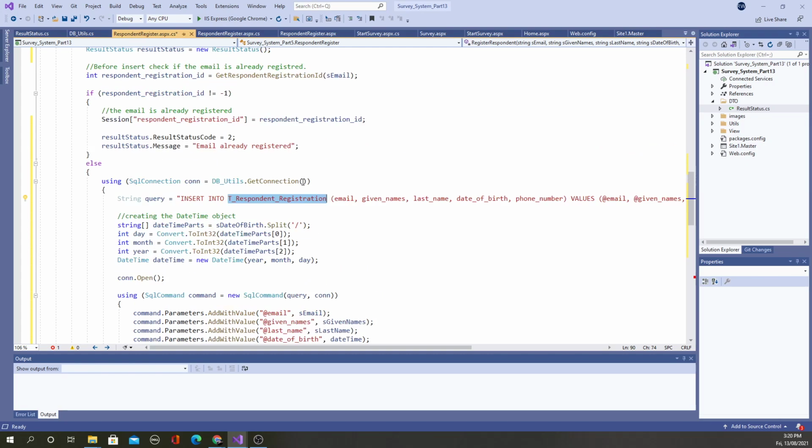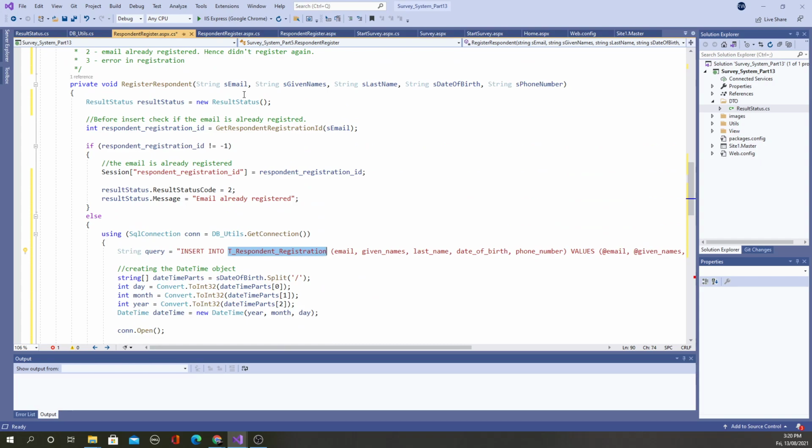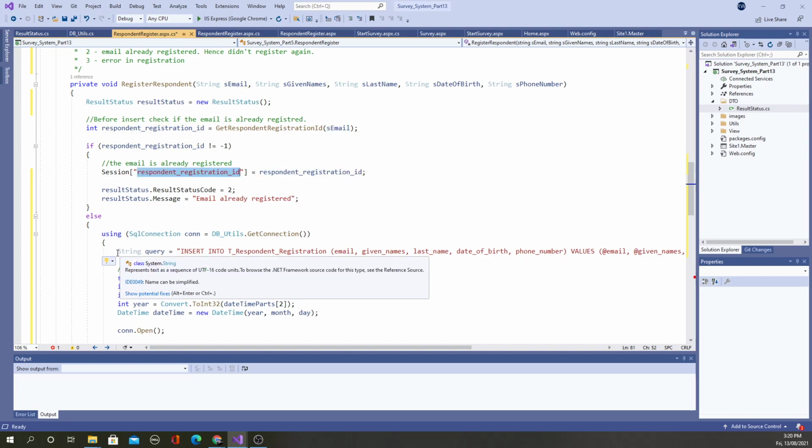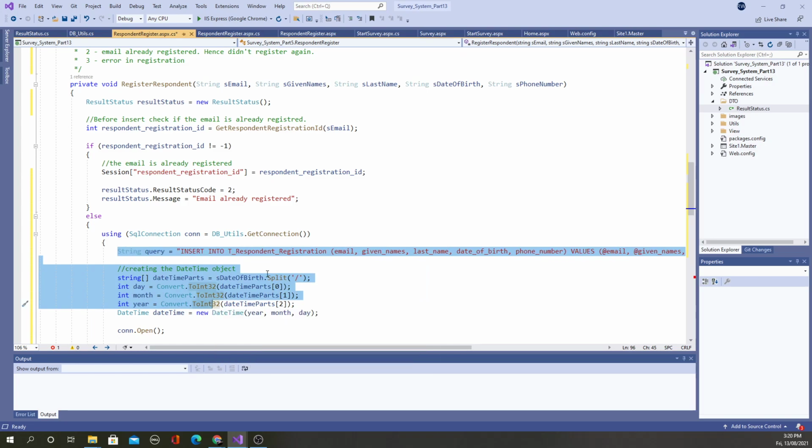I need that because if the user is already registered, I got the respondent registration ID and I put it in the session. For an existing user, if the email is there, I'm getting the ID and putting it in a session. That's fine. I have to do the same thing when I insert a new registration.